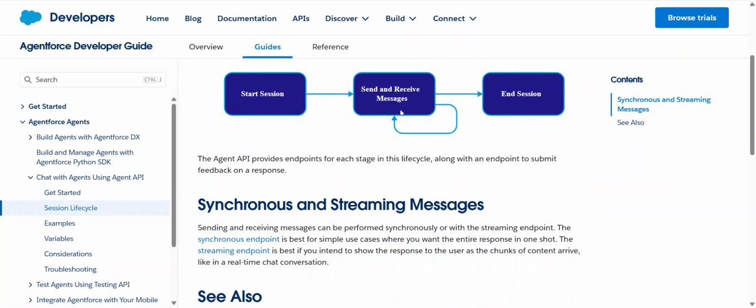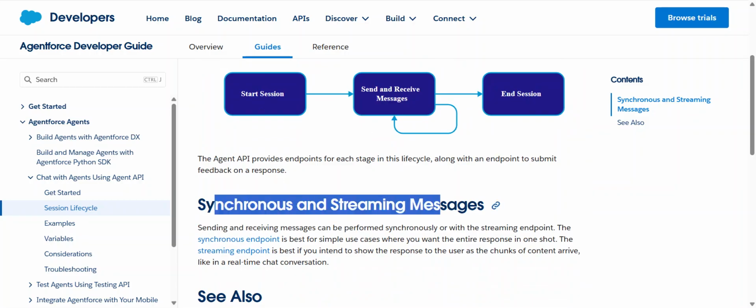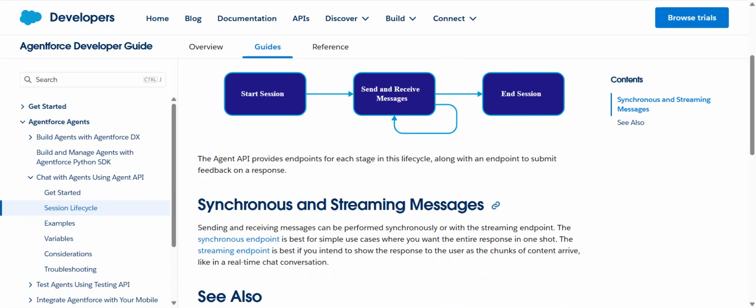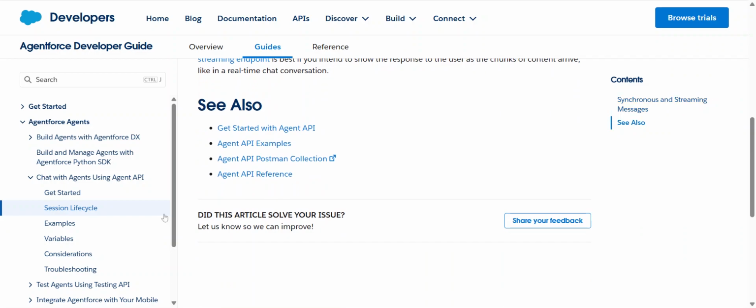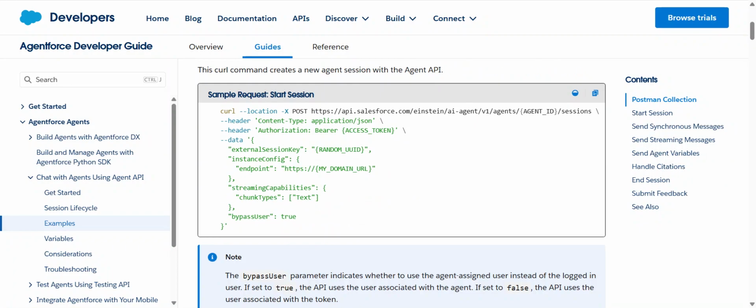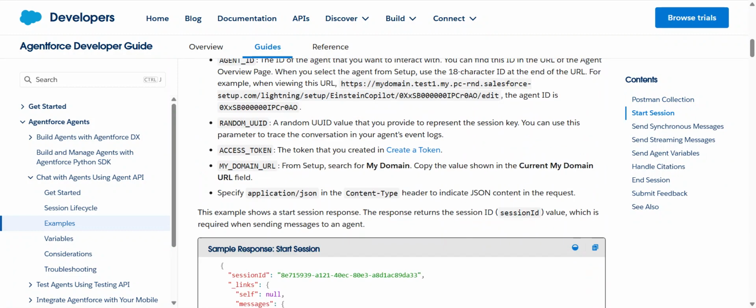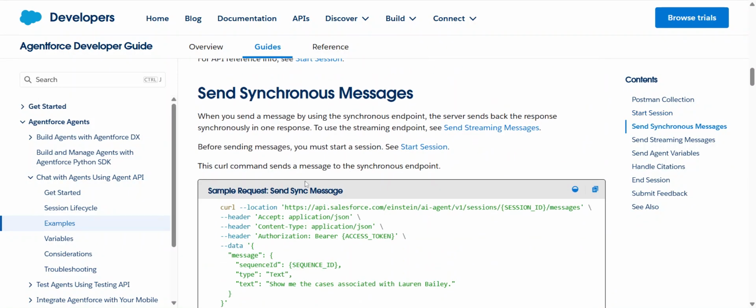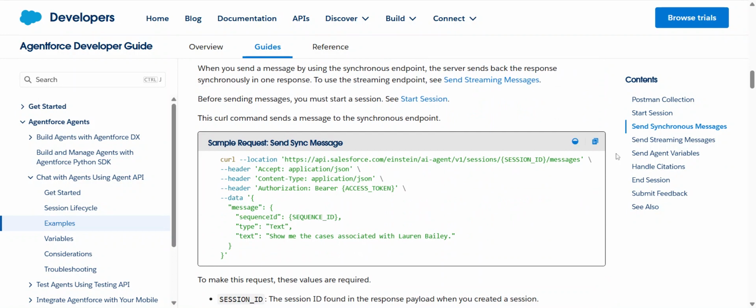So there are two ways actually for sending. We can use synchronous or streaming messages. So for now, we're going to focus on synchronous. Go to examples. I think we already started the session. The same call we used, we got the session ID. Let's send synchronous message. Just copy this call,